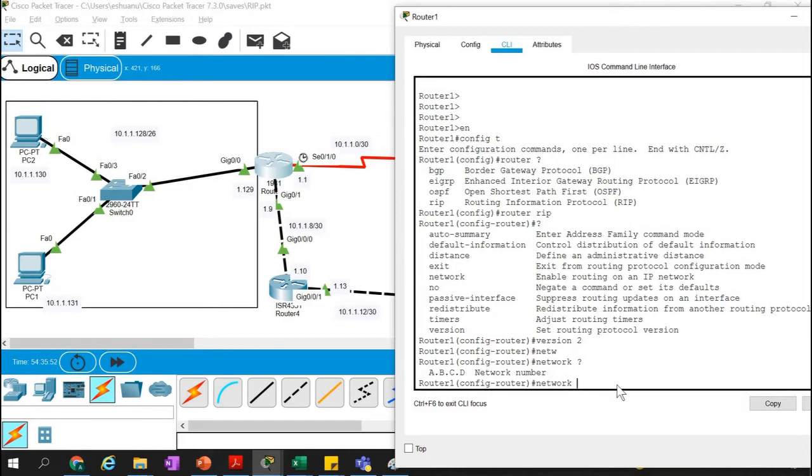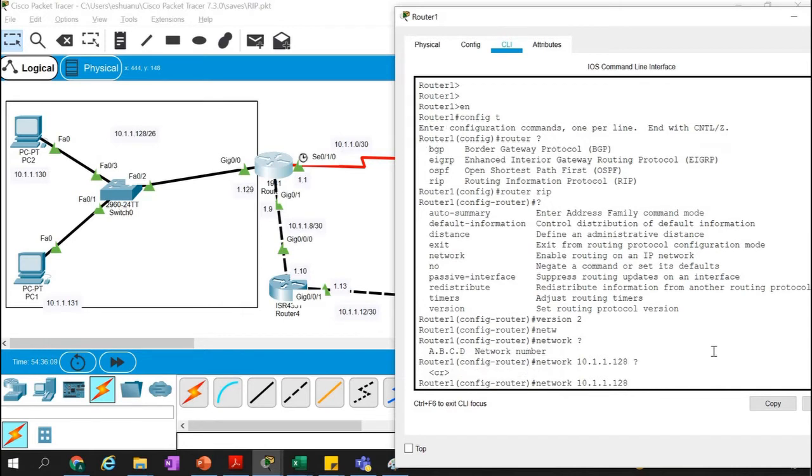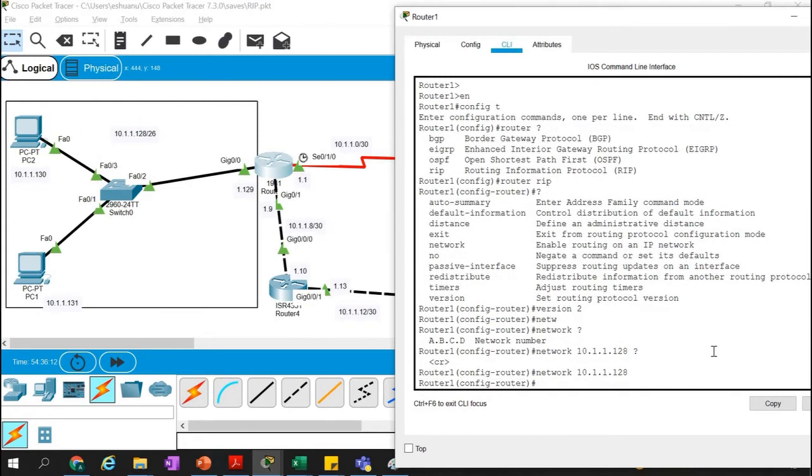Now we can say 10.1.1.128. This one. Right now I'm just advertising this network to the RIP, because the RIP will get information about this network. And after that, we don't use the subnet mask, just press enter. In OSPF we use the subnet mask, but in the RIP we just enter the network. That's it. So that is done.